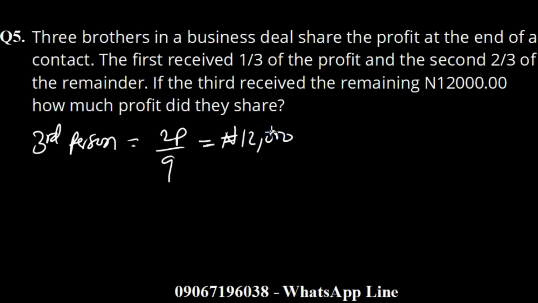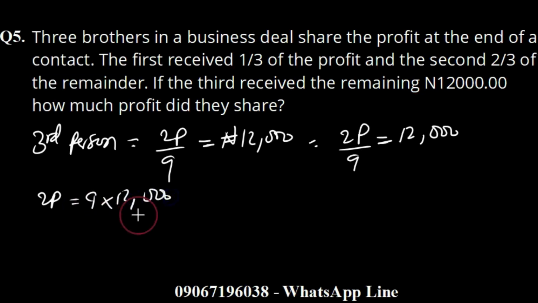Now what we do there, we'll solve this using a mathematical expression. 2p over 9 is equal to 12,000. If you cross multiply, this is going to give you 2p equal to 9 times 12,000. 9 times 2 is 18, 8 carry 1, and 9 times 1 is 9, plus 1 is 10, so this is 108,000. So p will be 108,000